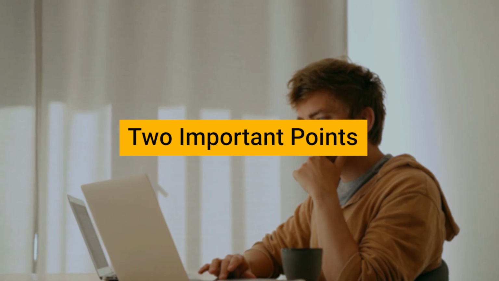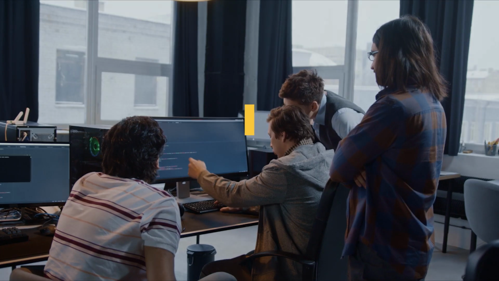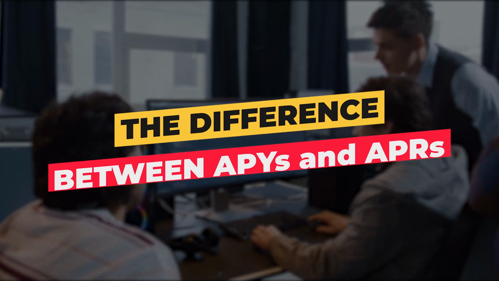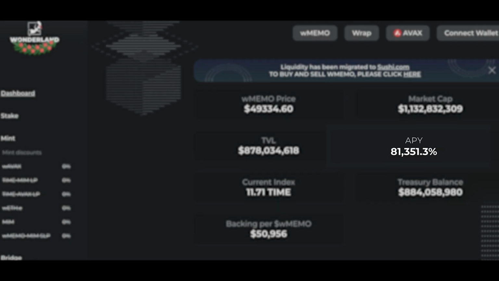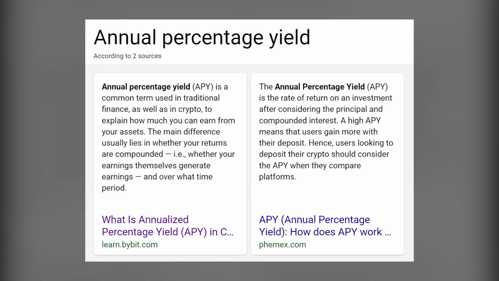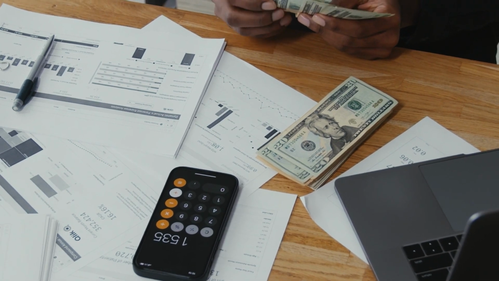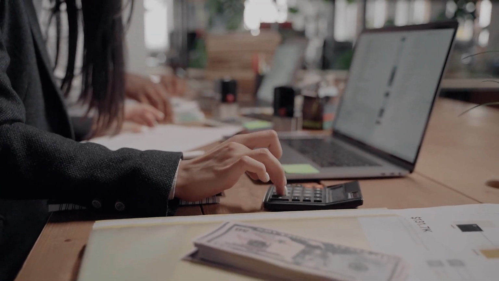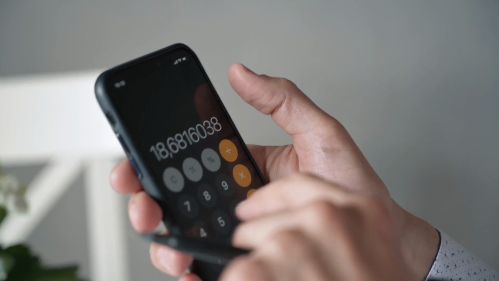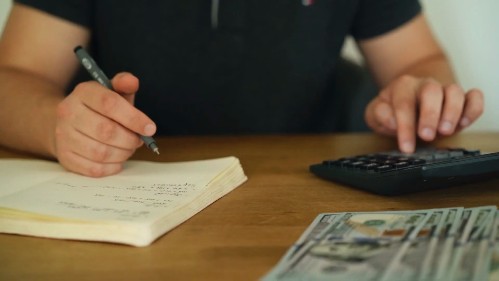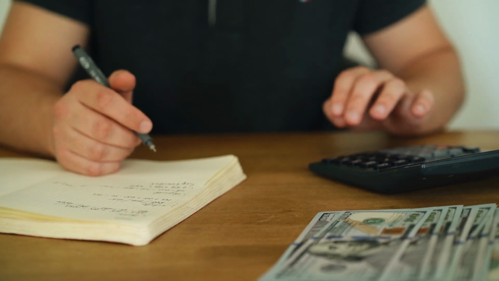To get to the bottom of this, we need to first understand two important points. First is knowing the difference between APYs and APRs. Undeniably, APYs of 80,000% sounds like a super jackpot. We have to bear in mind that APY rates factor in the effect of compounding. It means the only way for you to get that 80,000% increase is if you stake your TIME tokens, make no withdrawals for an entire year, and allow automatic compounding to work its magic.